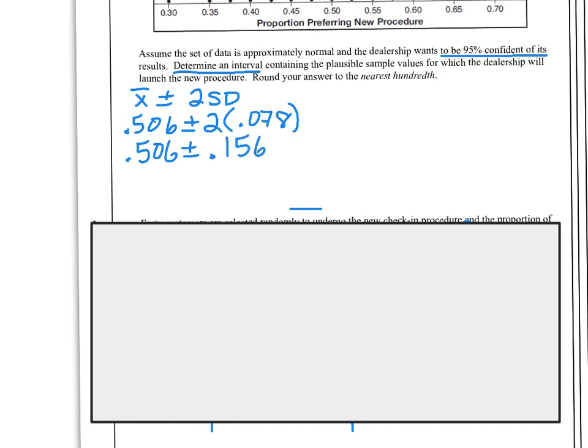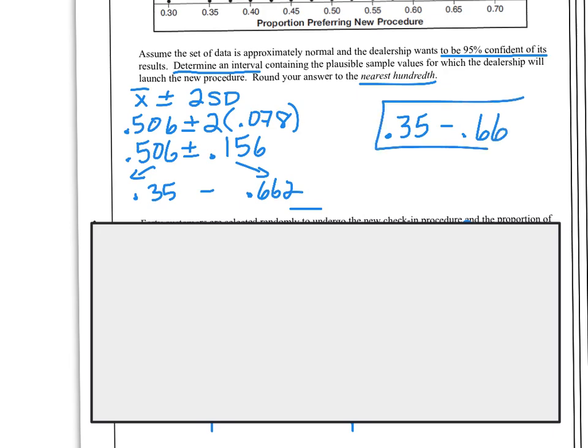And then from there, we're going to do 0.506 minus 0.156, which will give me 0.35. And then we're going to do 0.506 plus 0.156, which will give me 0.662. So we know that the interval is within those two numbers. Now it does say to round to the nearest hundredth, so let's take care of that. So we know that the numbers will be between 0.35 and 0.66, and that will give us our 95% confidence